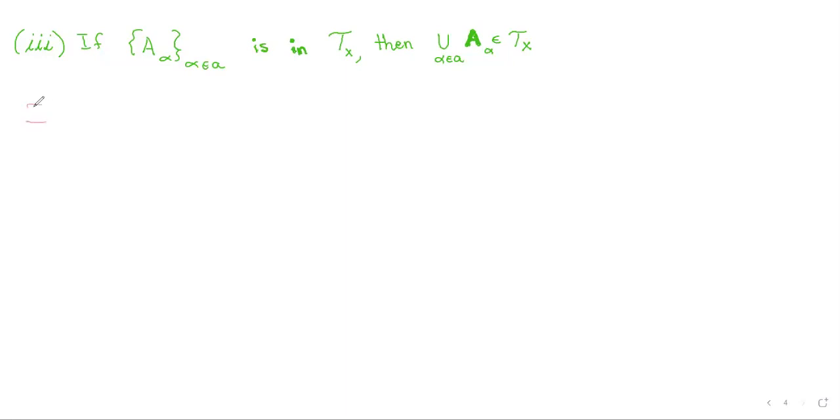So to rewrite this, I want for all alpha in A, that's just this part right here, for all these, if A sub alpha is in the topology X, that's the rest right there, then the union is also in the topology of X. So we'll start off by letting the alpha be in A,